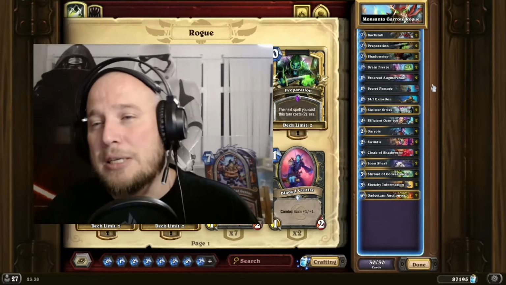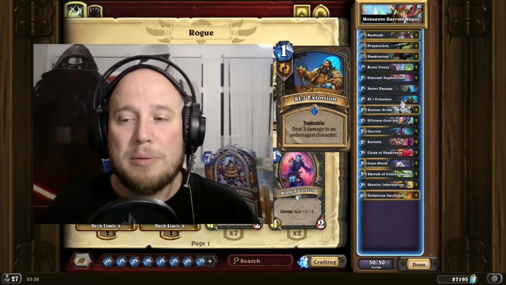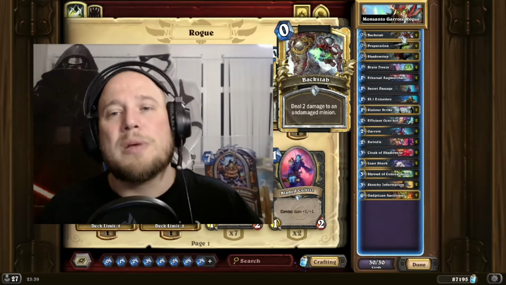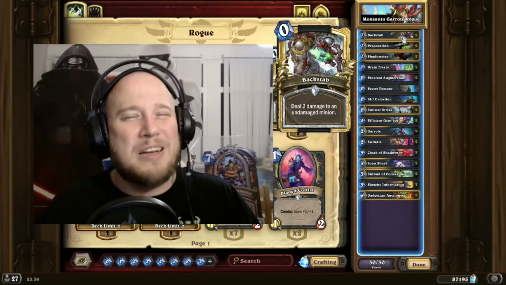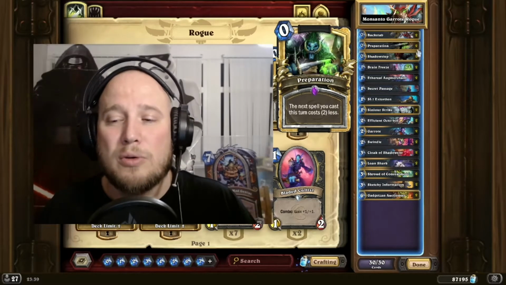You want to keep a little bit of board control, removal. You want to focus on maybe keeping your Extortion, Brain Freeze, Backstabs, that kind of stuff, to make sure that you do not take that much damage early game. Other than that, against all other decks, and also with the aggressive decks, you really want to try and go for